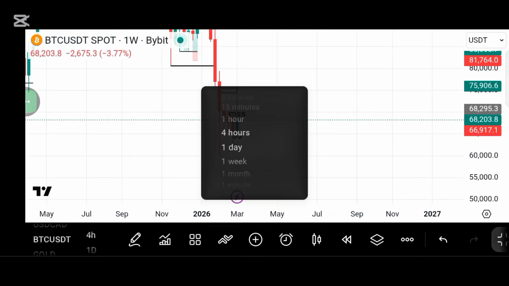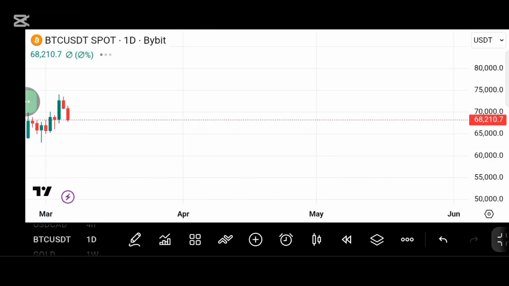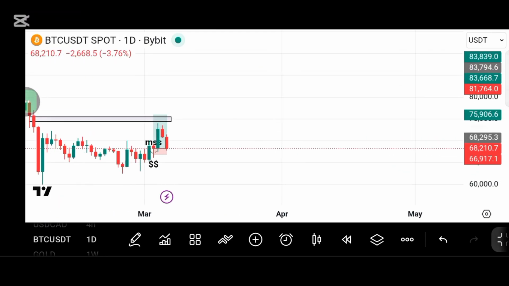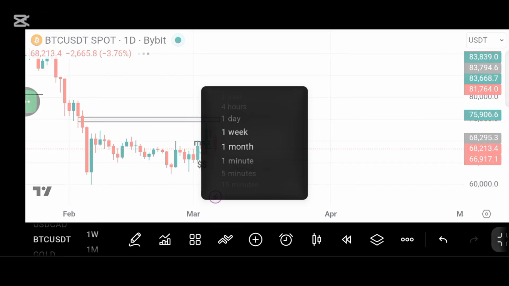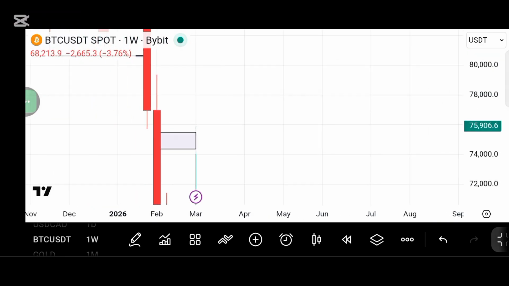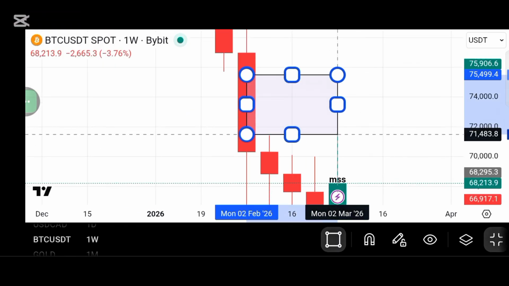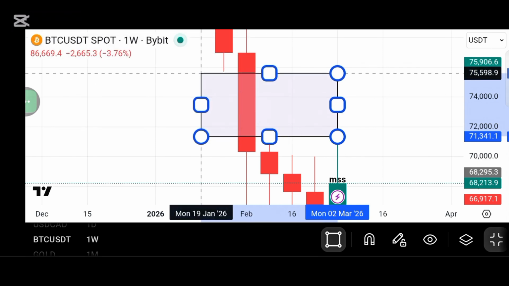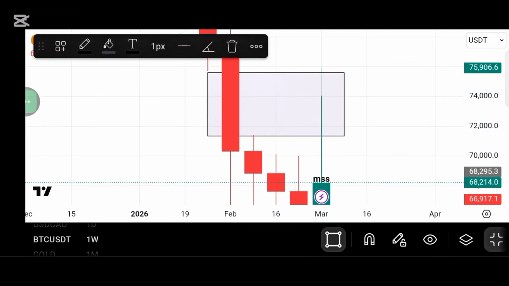If I should show you on the daily time frame. Now on the daily time frame I was counter trading, and you can see my point of interest from the daily time frame was on the weekly time frame. I was counter trading to this fair value gap here on the weekly time frame. I just wanted to counter trade to this fair value gap, see price mitigate this fair value gap, and you